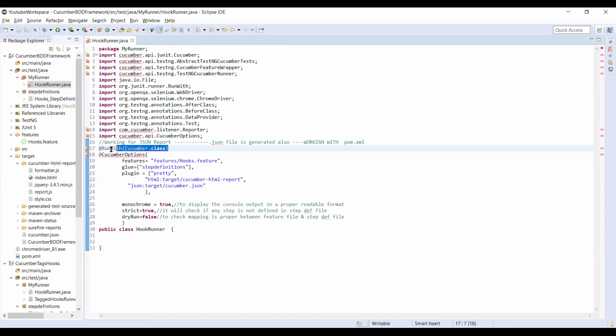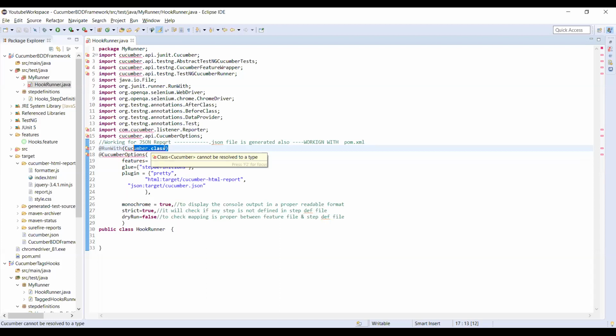First is RunWith Cucumber.class, and second is CucumberOptions. The RunWith annotation specifies which runner to use to execute the class, and we have provided Cucumber.class as a parameter with this annotation. So JUnit will come to know it has to execute this test case as a Cucumber test.